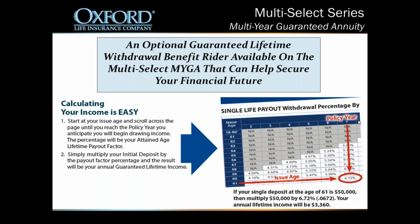The way that we've gone about calculating income is simple and straightforward. We've done away with income account values. We've done away with roll-up. All of these kind of inflated accounts, if you will, that really at the end of the day, it's just about the income, right? It's just about how much income am I going to get. It doesn't matter how big that income account value has grown. And some of these carriers, not to pick on them, but, you know, hey, throwing out 25, 30% bonuses that apply only to an income account value. Well, that's great. But again, it's really at the end of it just about how much income it's going to drive for the client. So what we did with this feature is to simply say we look at the initial